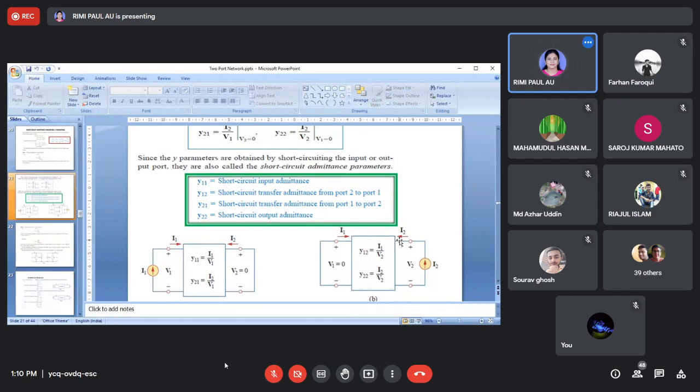Now in the second experiment, there are also three figures. One is series connection, parallel connection, or you can say T network, pi network, and cascaded T and pi network, both connected. So in Z parameter, Y parameter, and ABCD parameter, all three cases in the lab, you will get one T network, one pi network, and one combined T and pi network.